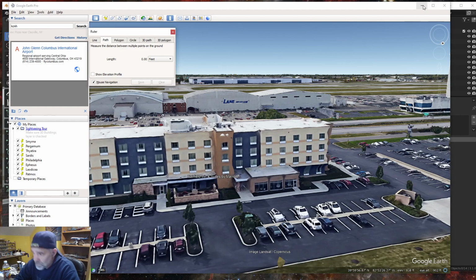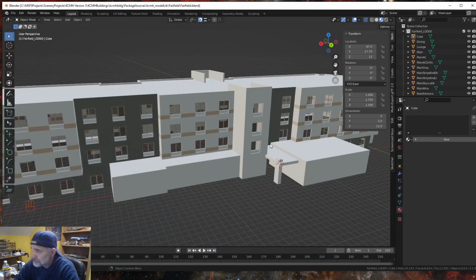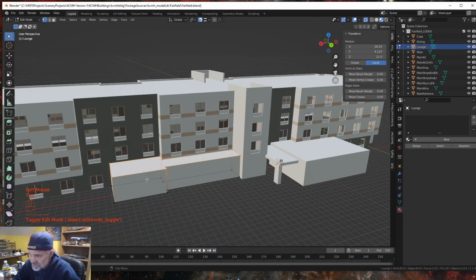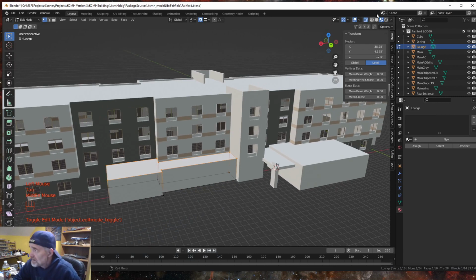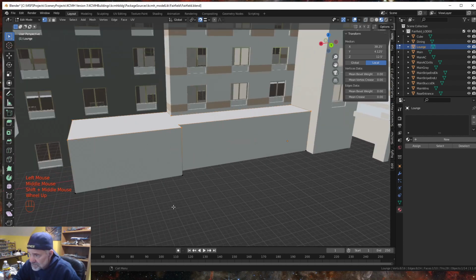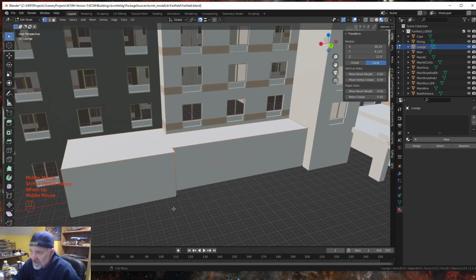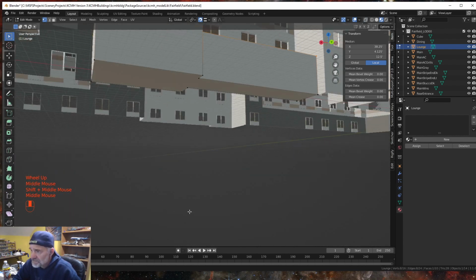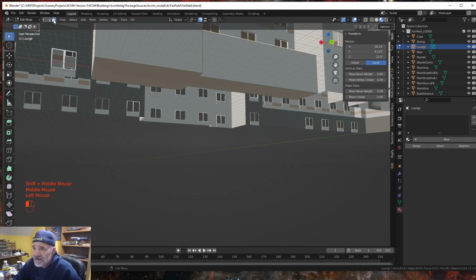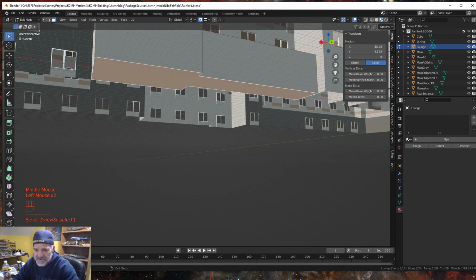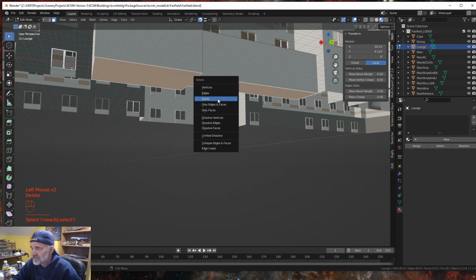So we are going to start at this location and go this way 11 feet to cut in our entryway. So we're going to select the lounge, tab in, and we don't have to be ghost. All right, and then we're gonna come here. Now, the one thing I want to do is I usually don't keep the floors, so I'm gonna delete that face,